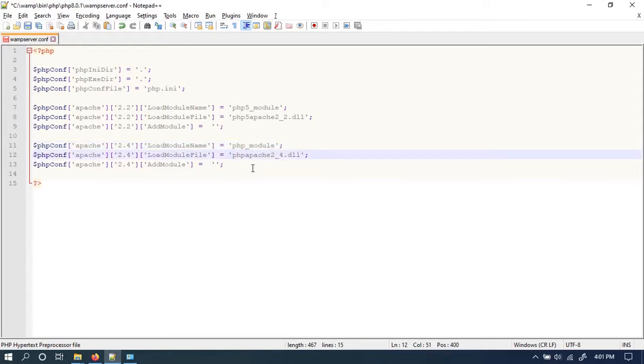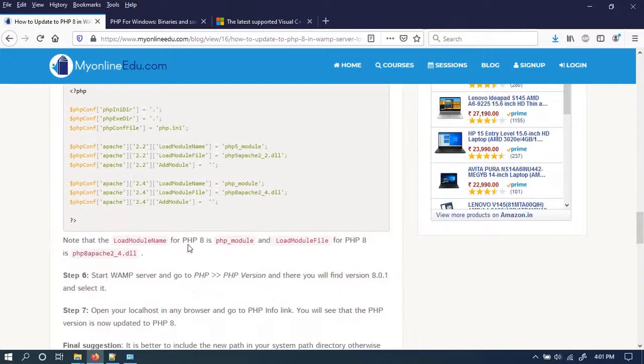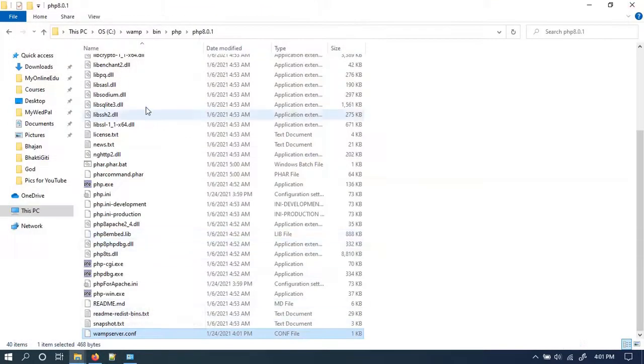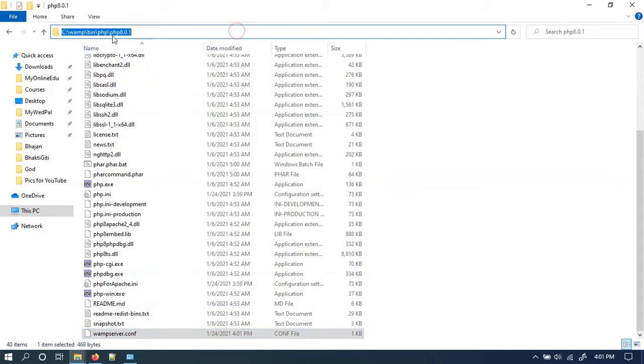And here it is the DLL library, which is php8apache2_4.dll. So this is what is mentioned in our blog also. Remember that this is not PHP 8, this is actually php_module. Okay, now save this file. So now everything that we worked on is under this PHP 8.0.1, nowhere else.